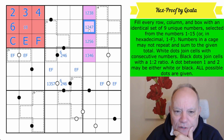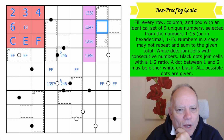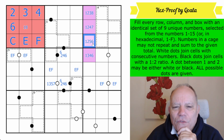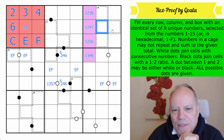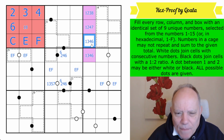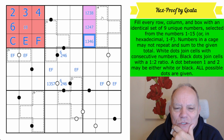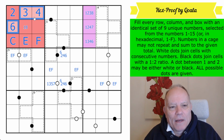1, 2, 4, 7. I suppose you could put 7 in the middle without having a black or a white dot. But 7 would be the extra digit then, and this would be a 1. This might be how to do it. Now, 1, 2, 5, 6. I don't think you can actually use that, because whatever digit you put here has a consecutive digit in the cage and must be sitting next to it. So that's eliminated. And let's think about 1, 3, 4, 6. Oh, that's extraordinary. 4 could go there, and that is really depressing because 3, 4, and 6 are already amongst our...